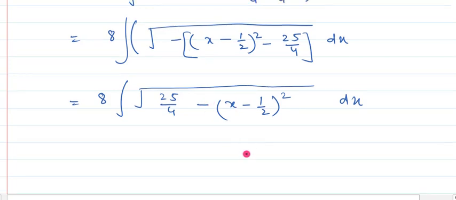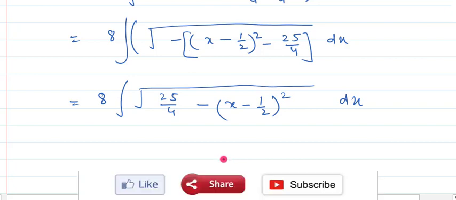I hope you are clear with all these types of problems, and one thing more you should observe, that the main methods of calculating integration of functions are four: number one, as the inverse of derivative, number two, substitution, number three, by parts, and number four, partial fractions. Other than that, we are using these same four methods in all other problems to solve different types of integration problems. Similarly, two more types of integration problems are left in which we use the same four methods that I'll explain in my later videos.